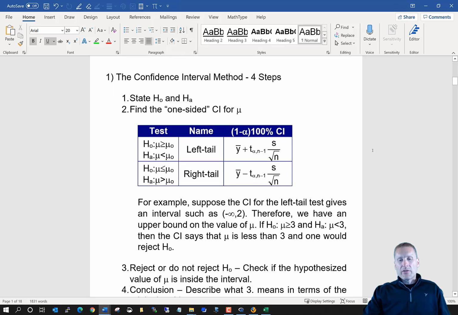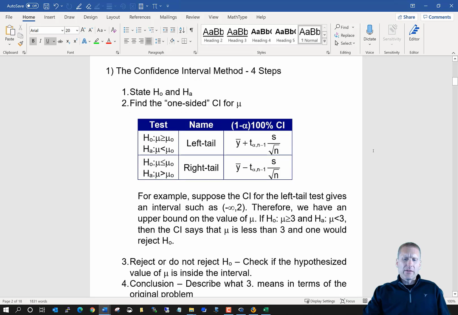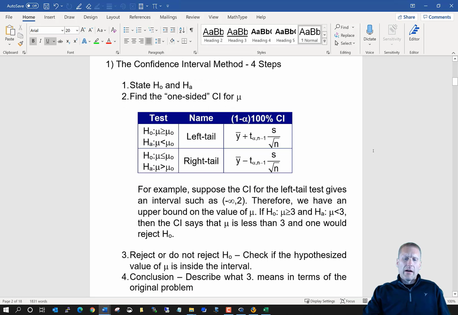So let's talk about how to do these hypothesis tests. Doing the confidence interval method can be a little bit tricky at first, but in the end, it's not too bad. So we're going to state H0 and HA. In step 2, find our confidence interval like before. But now, since we are only looking at one direction here in HA,